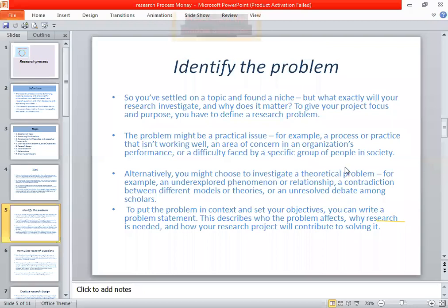ठीक है, अल्टरनेटिवली you might choose to investigate a theoretical problem, for example an under-explored phenomenon or relationship, a contradiction between different models or theories, or an unresolved debate among the scholars about any type of theory, हम उसके ऊपर कर सकते हैं।